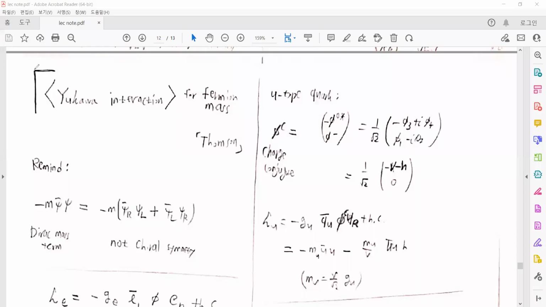Right. Today I'll start with how fermions acquire mass through the Yukawa interactions in the standard model. The content is from the particle physics textbook, as we have already shown in the previous videos,